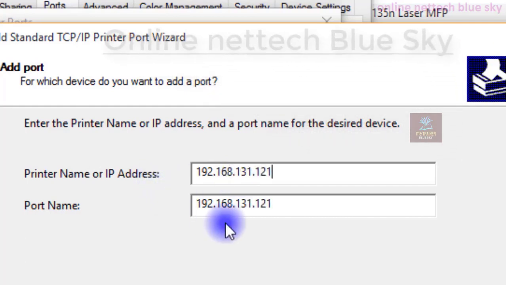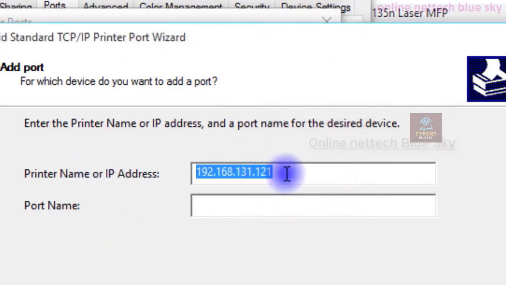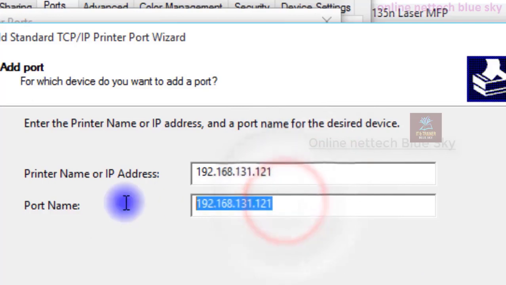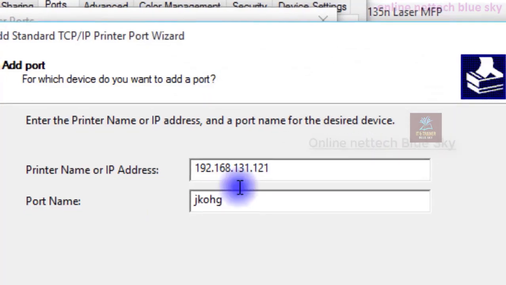This is not my computer ID, but my printer ID and my port name here. I'm giving a new port name. This is my IP for my printer, and this is the printer name. I gave the same name. If you want to add a different name for the port, you can give a different name.